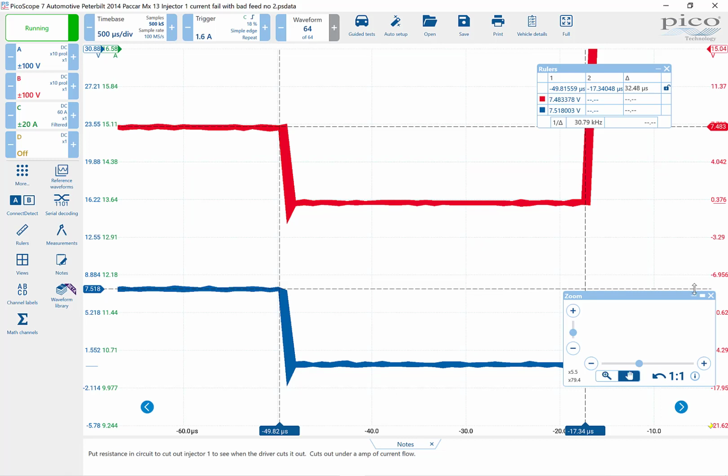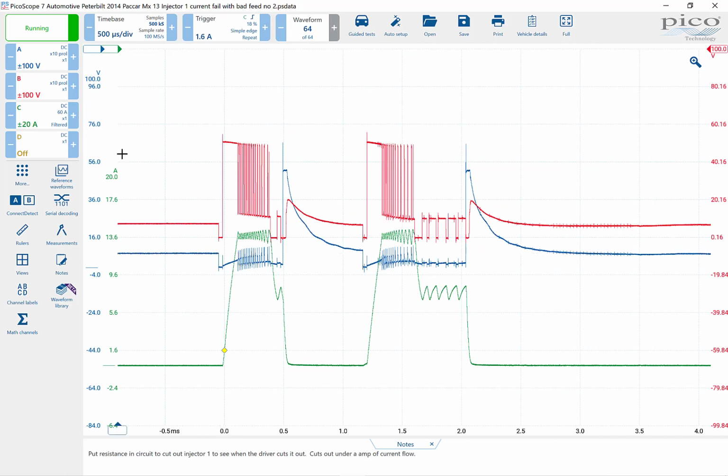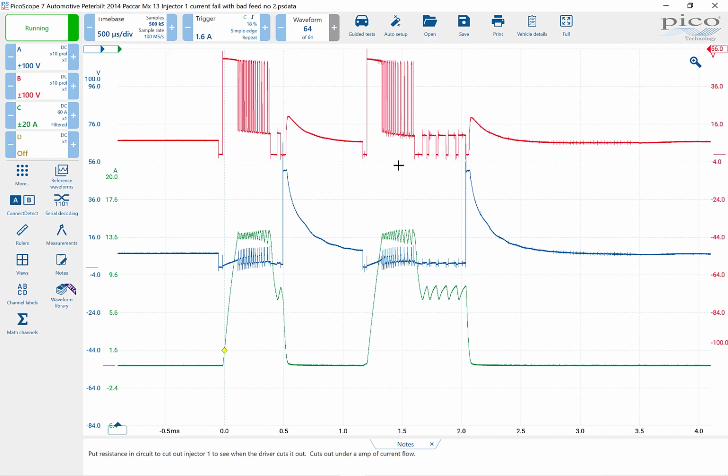All right, so now that I went over that, I'm going to go ahead and zoom back out of here. And the next thing I want to show is the ground side of the injector, okay? So on the ground side here, let's do some cursors. I'm going to put this down, and as you notice, as soon as you get current flow through the injector, your ground is going to rise a little bit, okay? So if I zoom in on this,